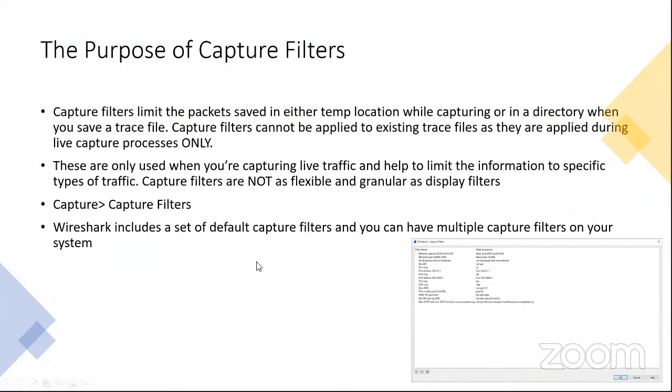All right, so that's the purpose of capture filters. They limit the packets that are saved into the location or the directory. So if you turn your packet capture on and say, hey computer, I want you to start capturing all the traffic that's going over the networks,